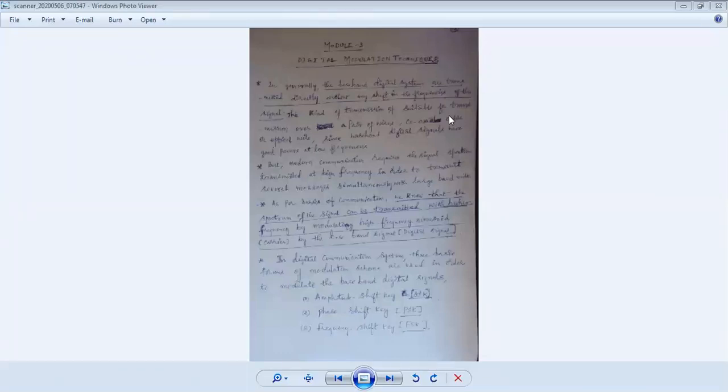So what exactly is amplitude shift key? Look back, this is the unmodulated carrier wave. We are going to send this information through it. How exactly? With amplitude modulation, wherever there is a one, the amplitude of the carrier will be passed, and wherever there is a zero, the carrier will not pass. I hope you got my point. See, this is the one, and the corresponding carrier wave will flow from the transmitter to the channel.